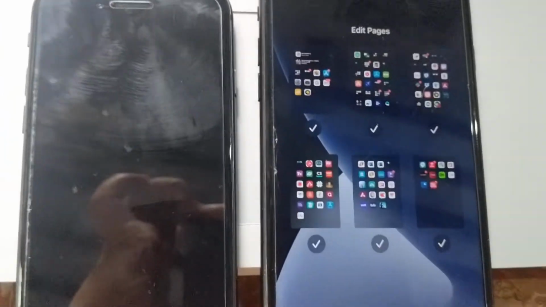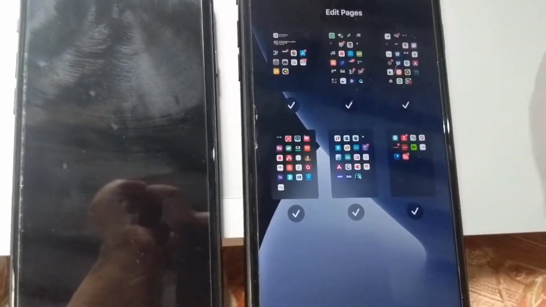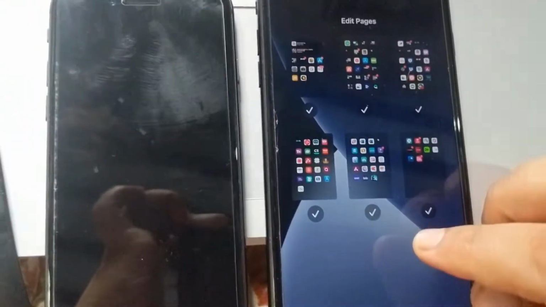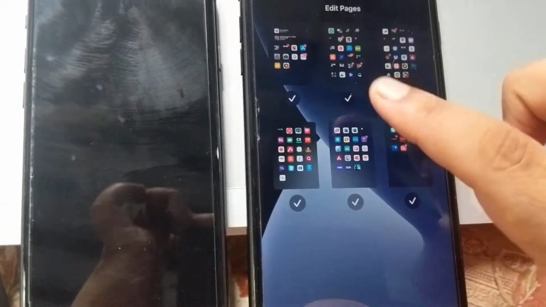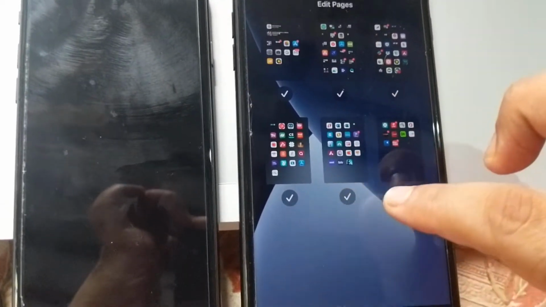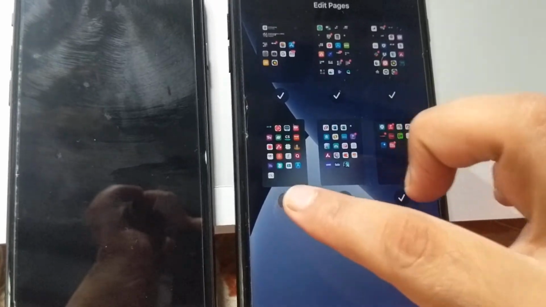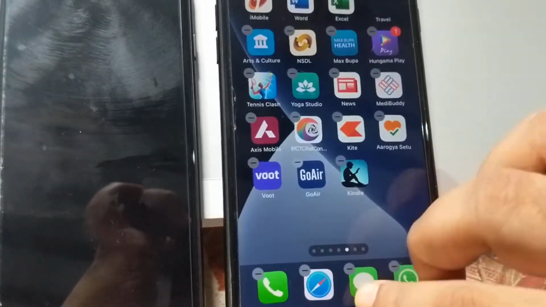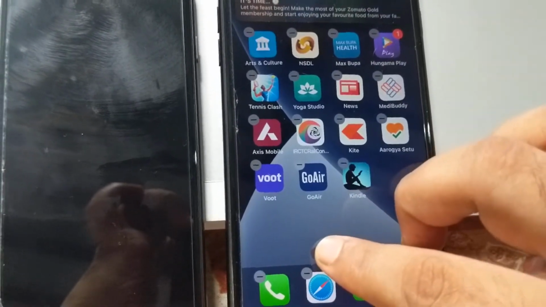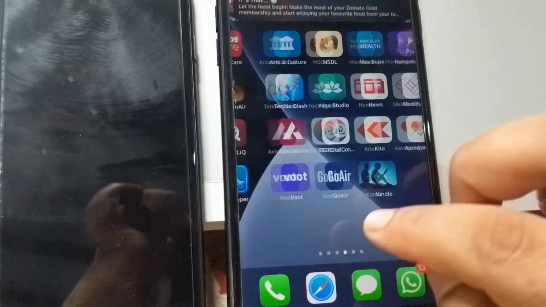And you see, once you long tap on any of the home screens and tap on the pages, now these pages can be hidden, or you can show them. You can basically choose which page to show and which page not to show.